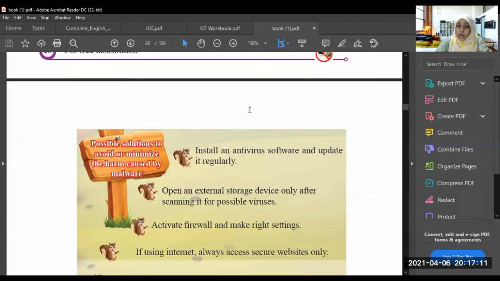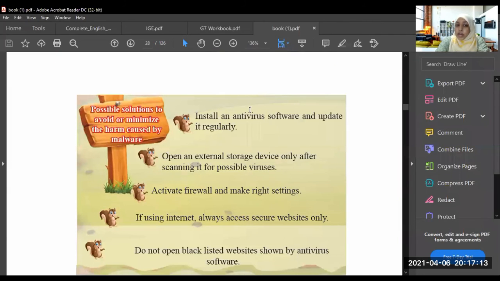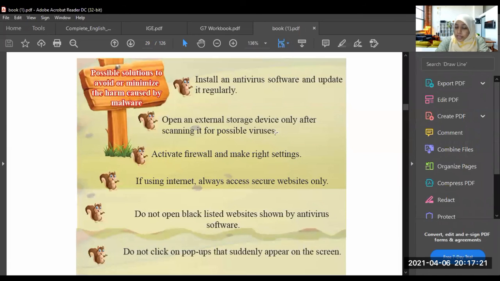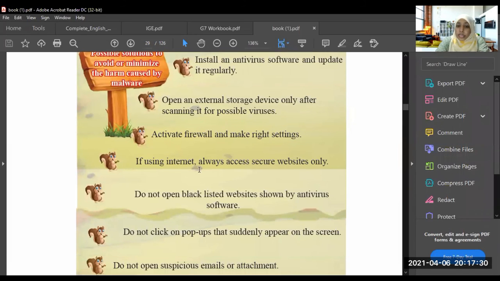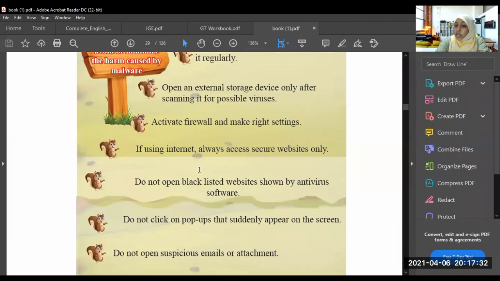Then we learned how to protect our computer against malware. I taught you that we should install antivirus software and update it regularly. Open an external storage device only after scanning it. Activate the firewall and make the right settings. Also, always access secure websites when you are using the internet.